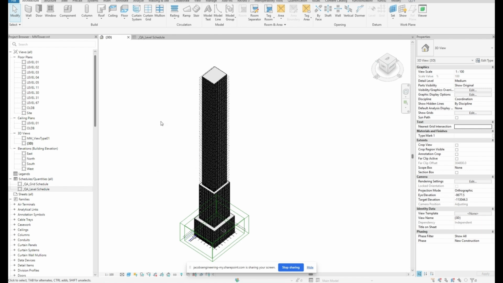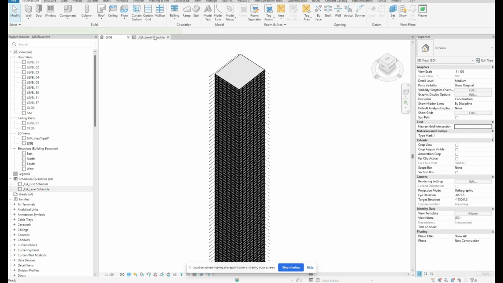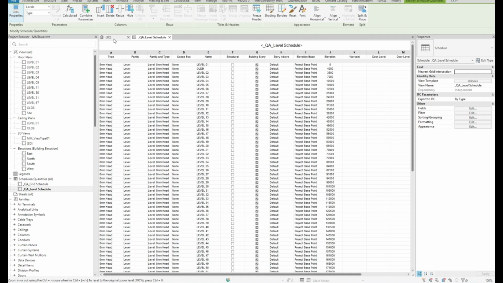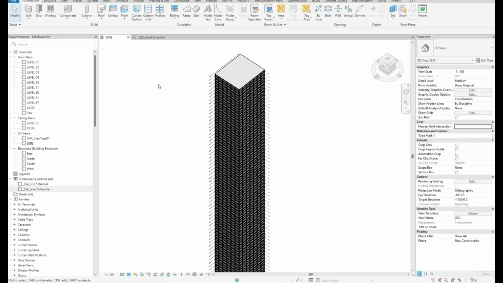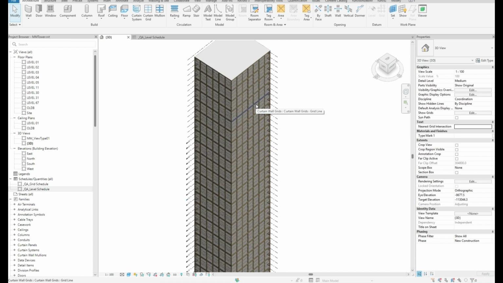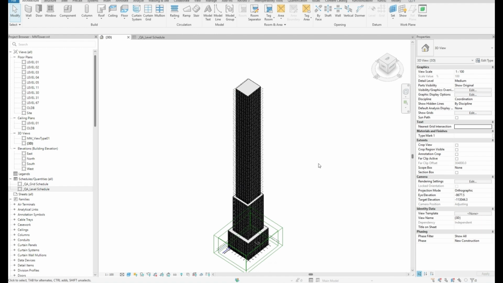And the way that I did it is that, for instance, in this specific model, I have quite a lot of levels, somewhere about 90 plus, 94 levels in total. And then I have quite a lot of grids and walls and other components, and there is some furniture, etc. It's just a dummy model, but the whole purpose is that we will use this model to understand the context